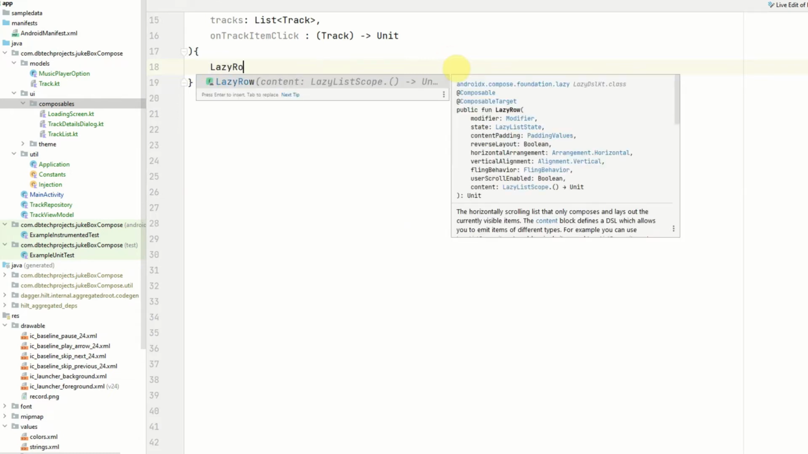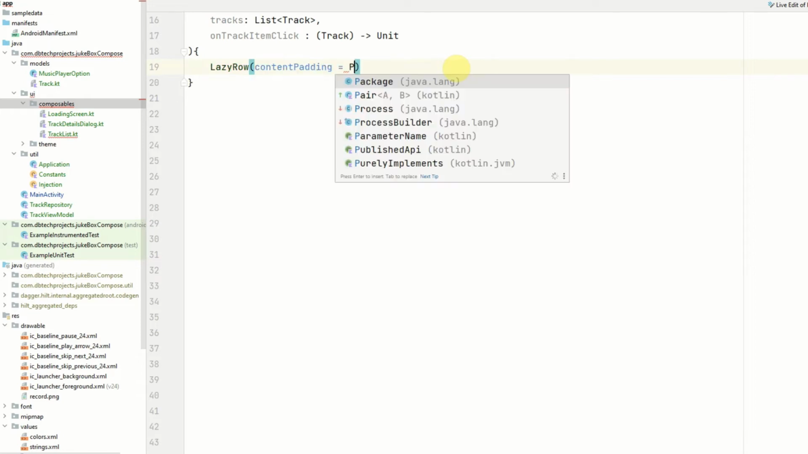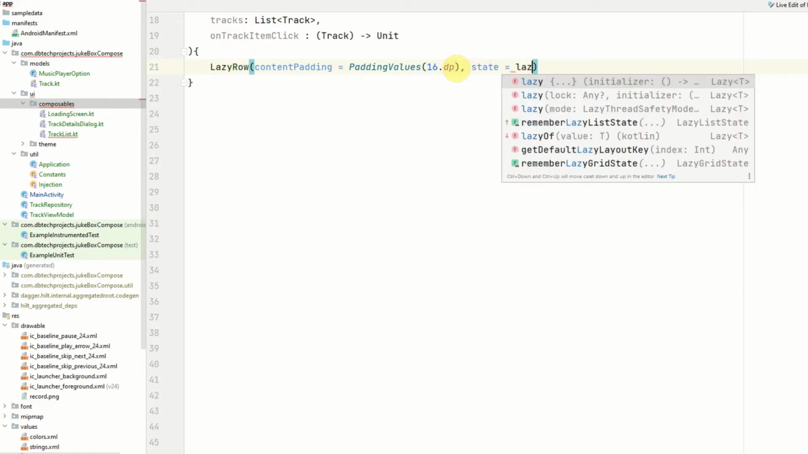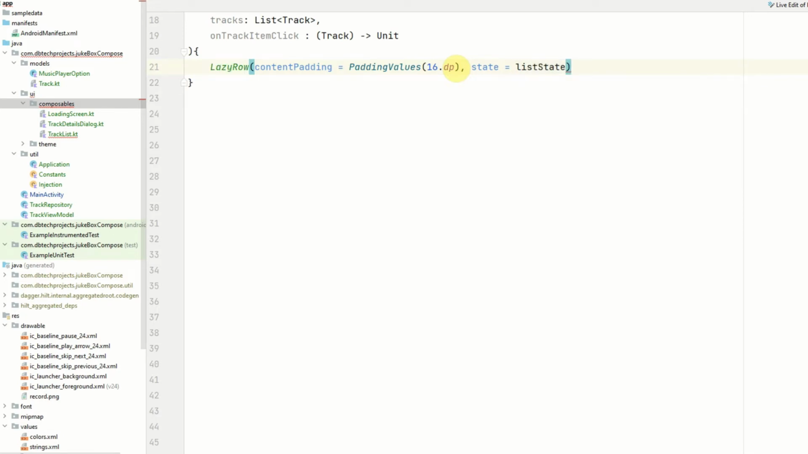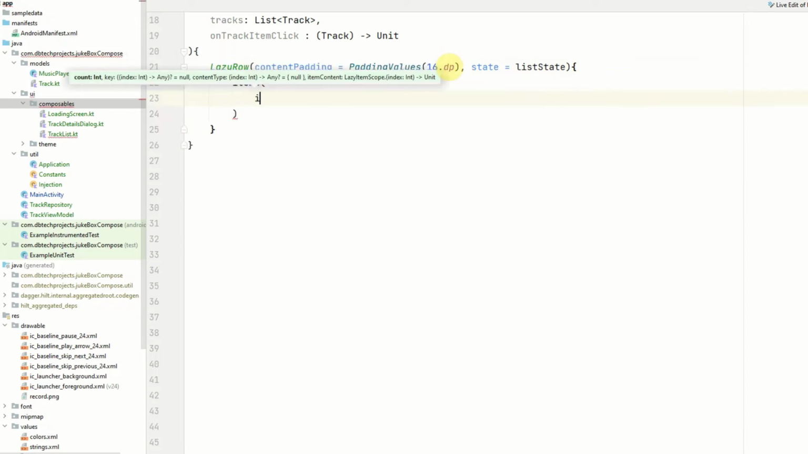This will be a lazy row. And inside here we can add the content padding for the padding in between each piece of album art, which will be 16 dp. And we will use padding values for that. And we can also pass the state, which will be our lazy list state, which was passed in the constructor. And now we want to add the brackets and provide the items. So items, our items will be the tracks,